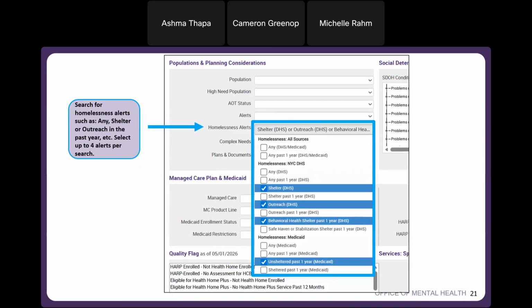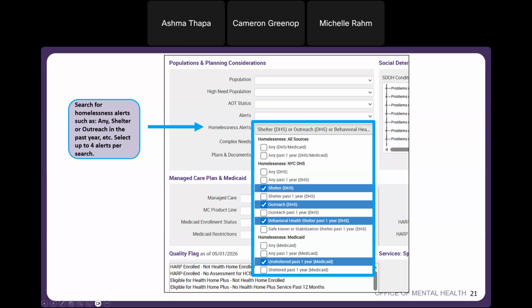Going down through the list, we have the homelessness alerts filter, and here it has the same logic as the race filter dropdown, where it has check boxes and you can make multiple selections. You can search for somebody who's had shelter according to DHS, or outreach according to DHS, behavioral health shelter past year, DHS, or they've been unsheltered past 1 year according to Medicaid.